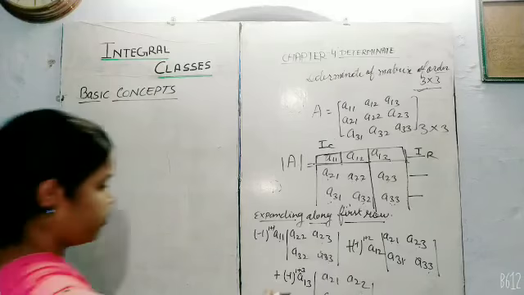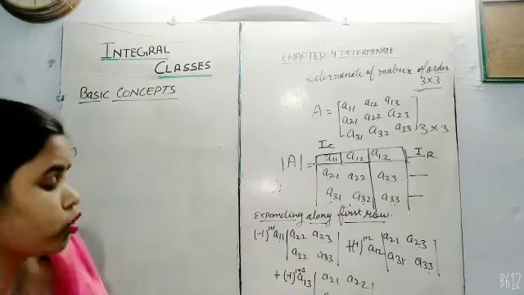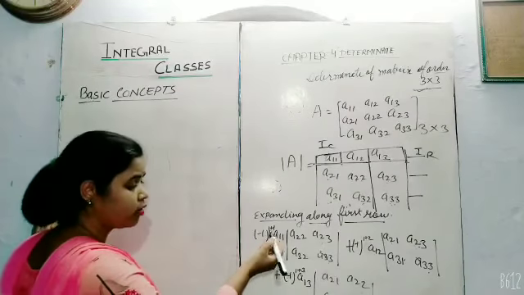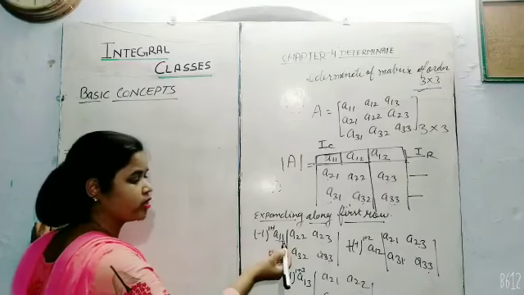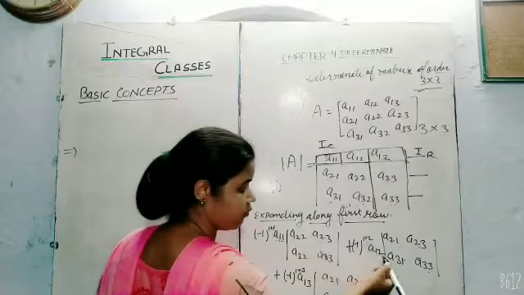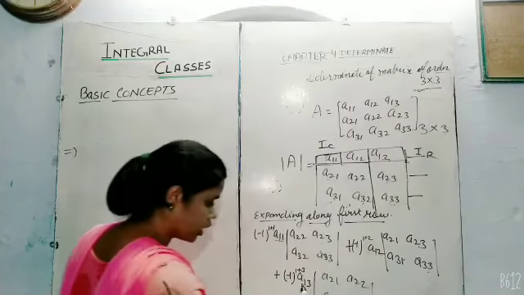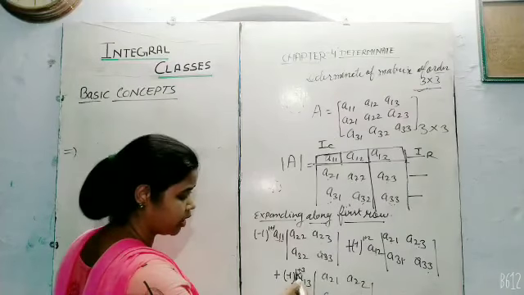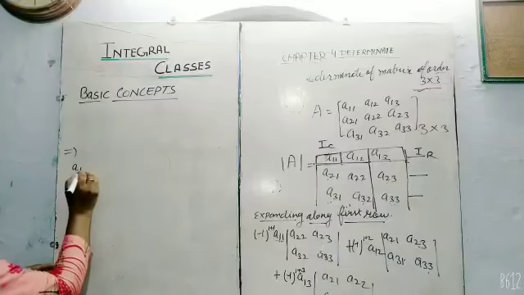Then we will solve these three determinants similarly, as 2 cross 2 matrices. How? Minus 1 exponent 1 plus 1. Why do we put 1 plus 1? Because it is the first row, first column. So 1 plus 1. Here A12, what is the meaning? First row, second column, 1 plus 2. Here is A13, first row, third column, so we write minus 1 exponent 1 plus 3. So it will become positive.